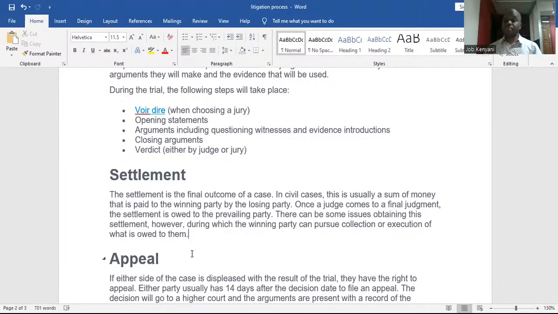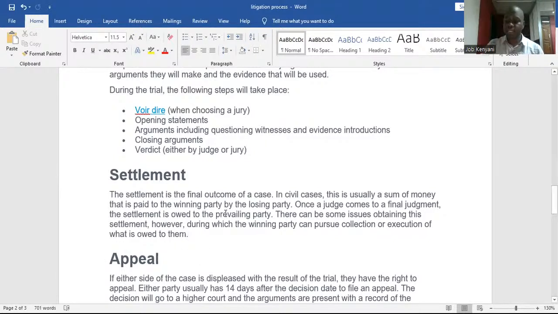Then there can be an appeal. Maybe you didn't get a fair hearing in that particular court. You go to the next court, and you can do an appeal if you think you didn't get a fair hearing. So for example, in this case, if you look at our court structure here in Kenya,